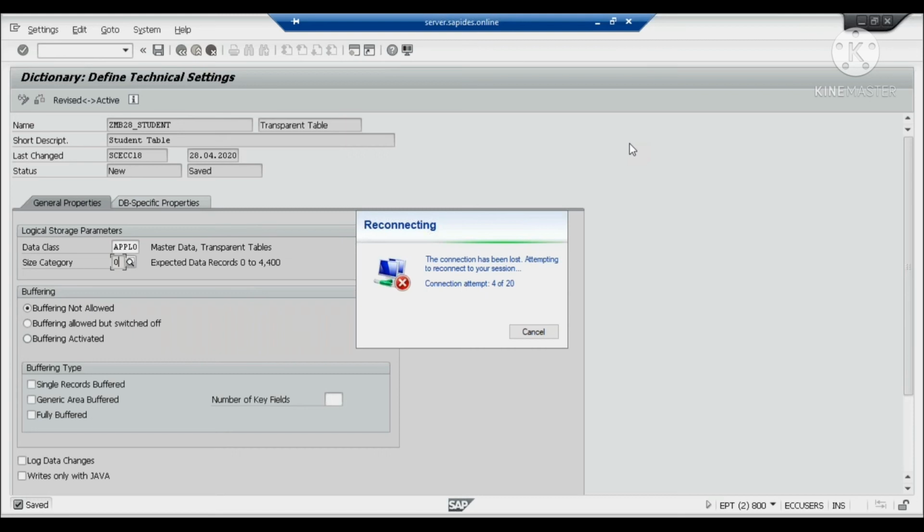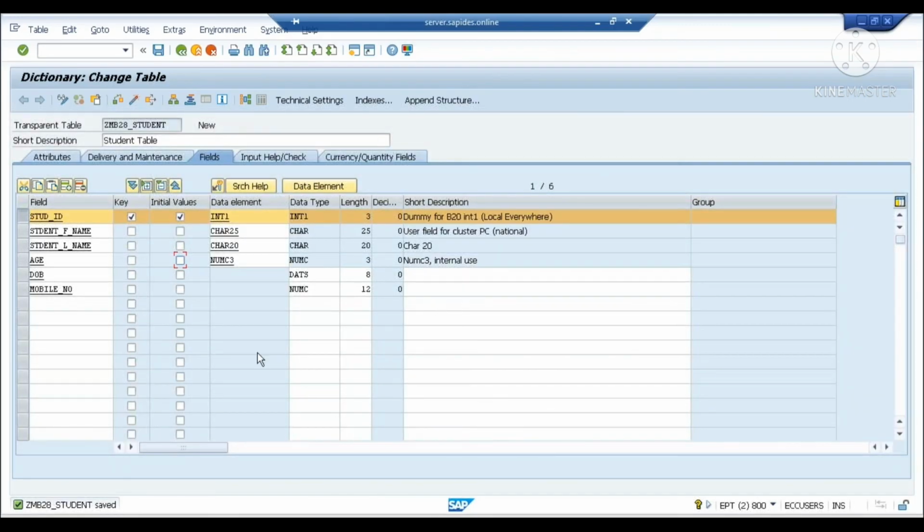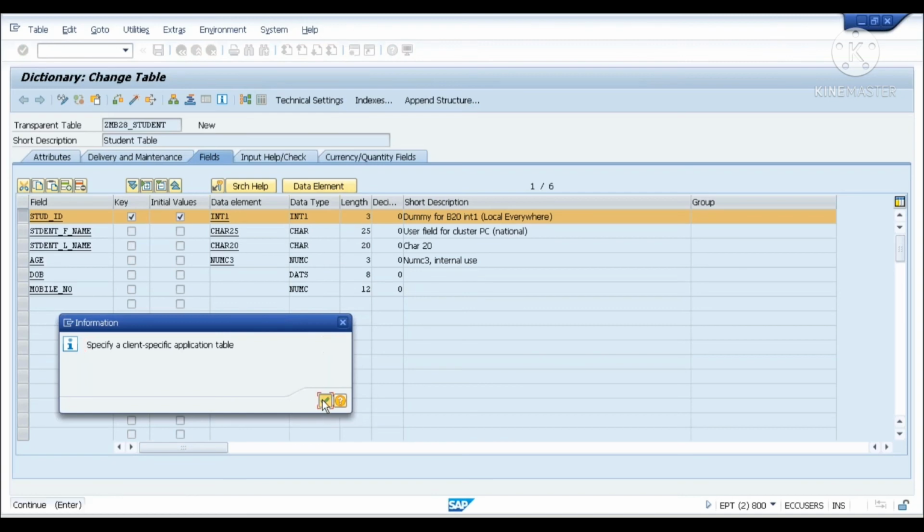Just go back. Hello, sir, your screen is not coming properly. Let me click on the save button. My voice is coming but the screen is not coming. Hello. Now is it coming? Yeah, the remote desktop connection has been coming, just a sec. Okay, yeah, now it's coming. Let's save it.